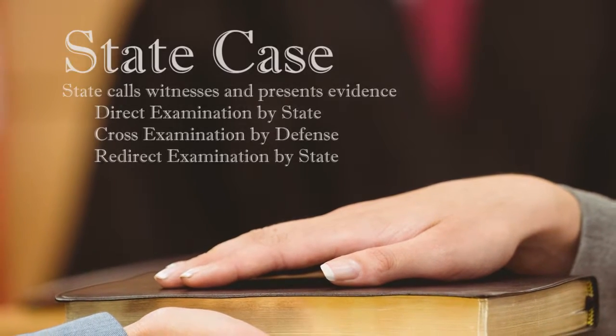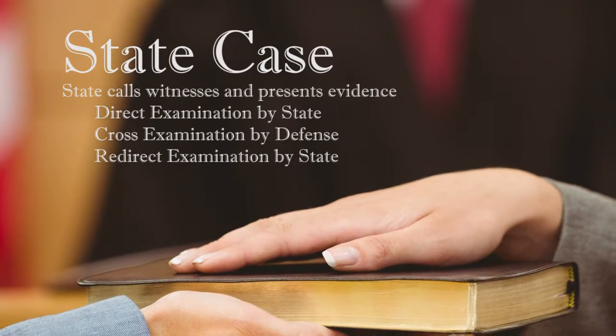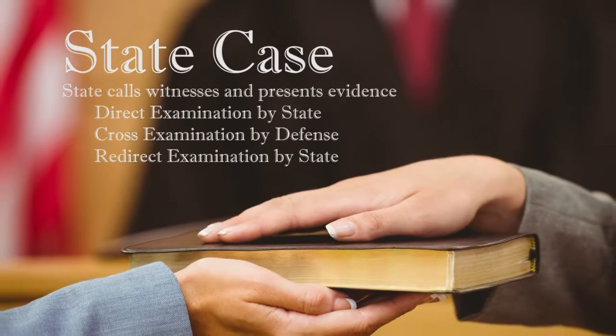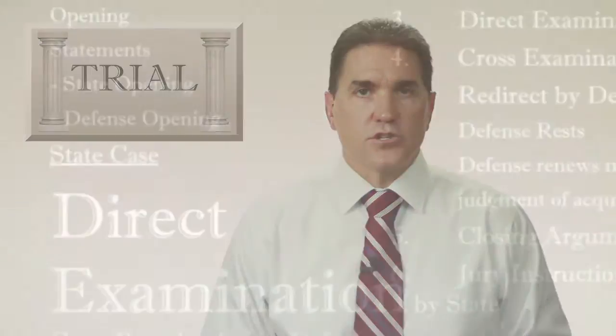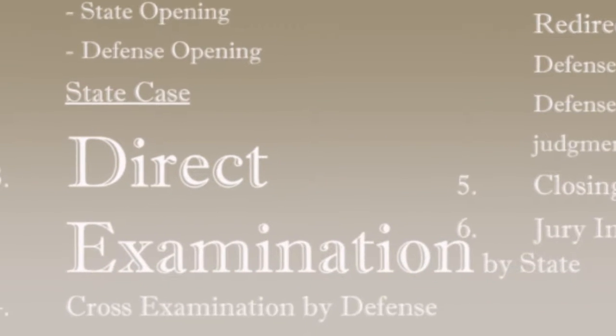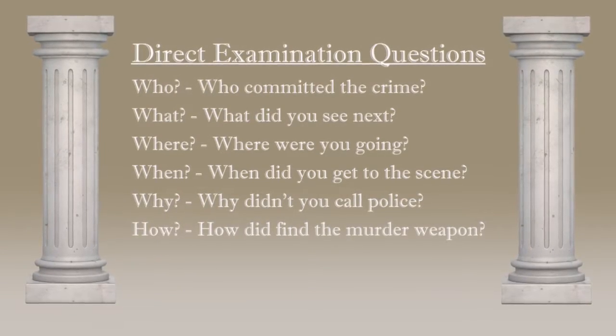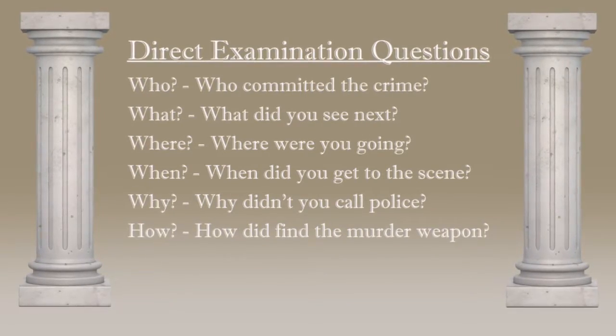After opening statements, the prosecutor will call their first witness. They can call as many or as few witnesses as they like. They can call them in any order that they want to. This is called direct examination. During direct examination, the prosecutor will ask open-ended questions like who, what, where, when, why, how, and the witness will